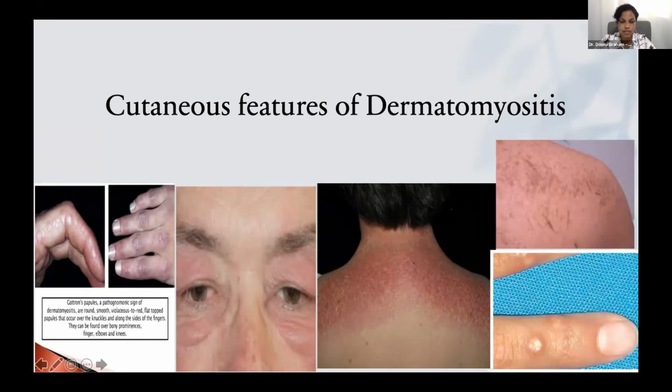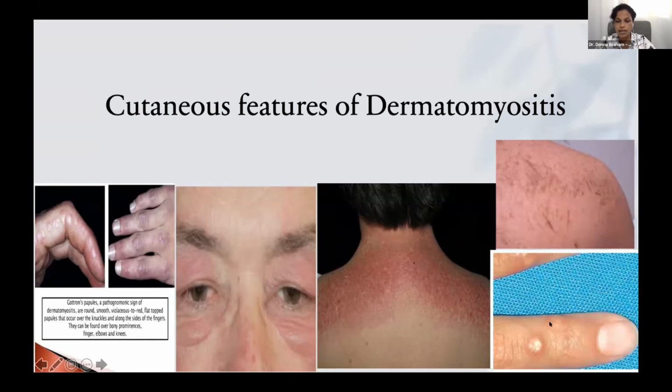The most common presentation also is that it causes a proximal extensor inflammatory myopathy. So they have difficulty getting up from a seated position, especially from the toilet, difficulty hanging out clothes, difficulty combing the hair. You may get a flagellate erythema. So you get these very linear, hyperpigmented and erythematous patches onto the back and the upper shoulder, for which there are many other causes of a flagellate erythema.